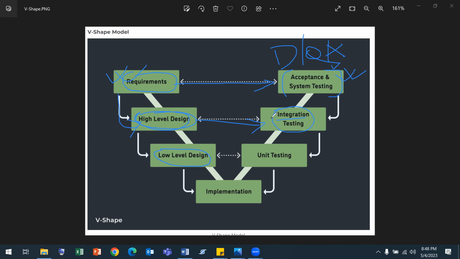So integration testing is a different phase of testing. I'm also going to cover that in a later class, once I work on creating test cases and all those things. But as of now, you just need to know that once they have the high level design, they perform the integration testing. So integration testing is basically integrating what? Let's say I have one of the projects,